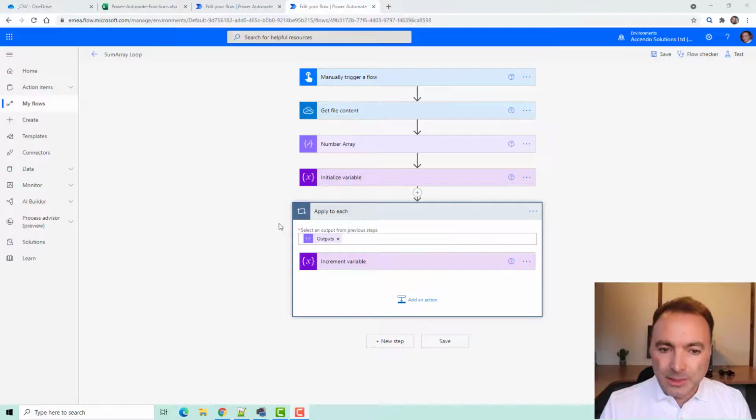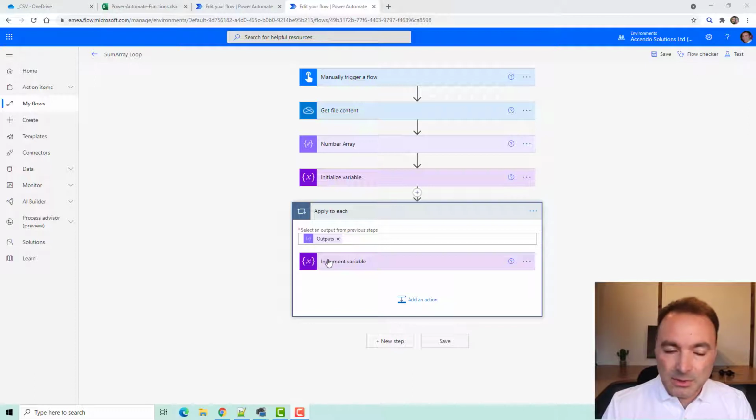In this video I am going to show you how to sum an array of numbers in Power Automate in a very fast and easy way. This is a really common requirement, and generally speaking, with a small amount of numbers it's quite easy to do. You just have an apply to each loop like this and increment a variable, and the number gets bigger and bigger with every iteration of the loop, and then you have your sum. And that works fine if you've got a small array.